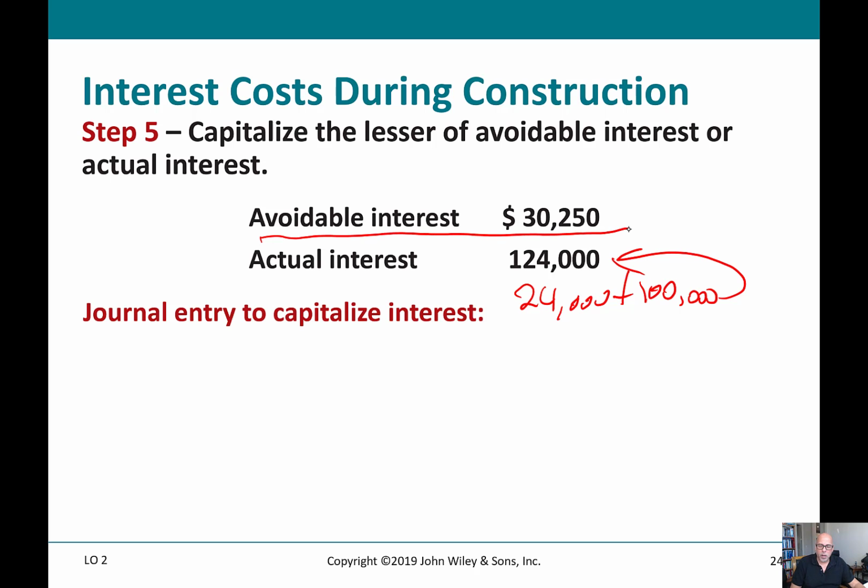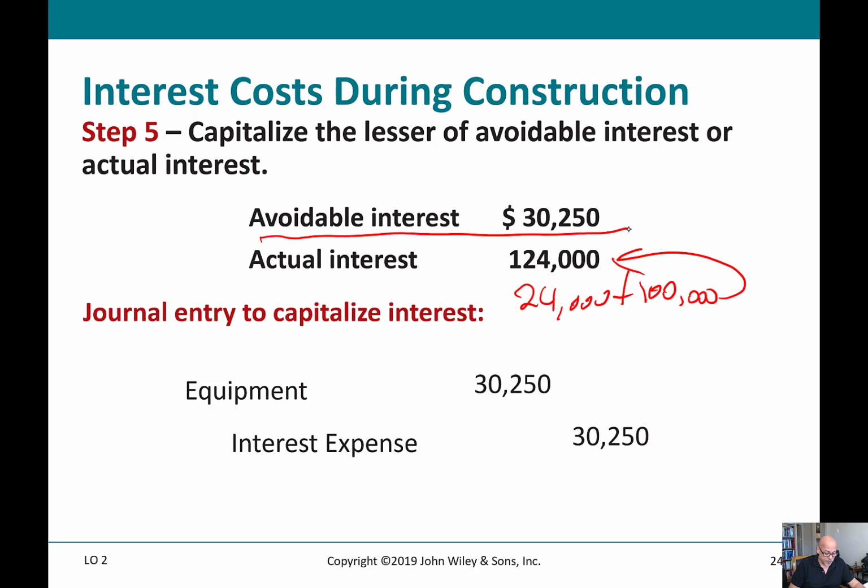Obviously, our avoidable interest that we just calculated is less than that, so we can go ahead and capitalize now 30,250. If for some reason the avoidable interest was more than the actual interest, we'd be capped at the actual interest. And so we go ahead and notice, guys, we don't debit